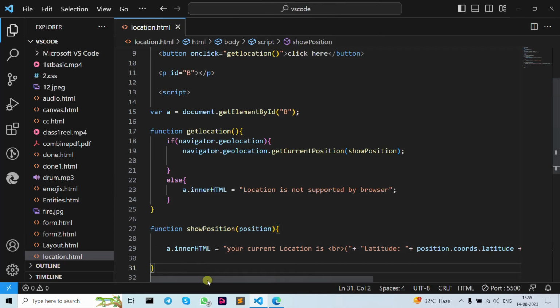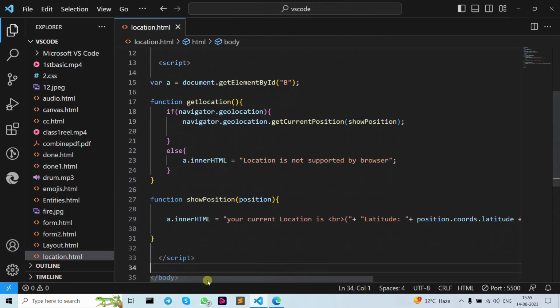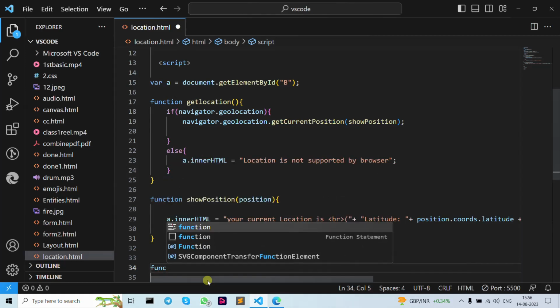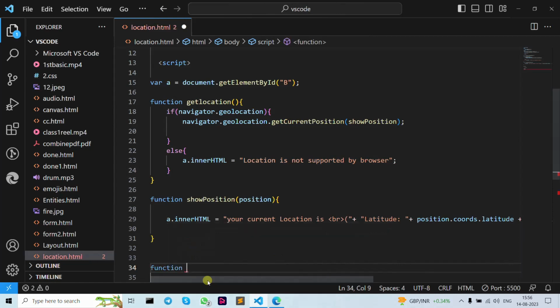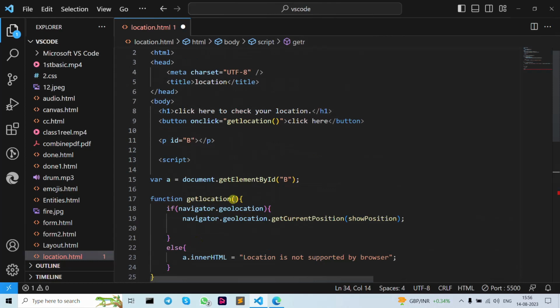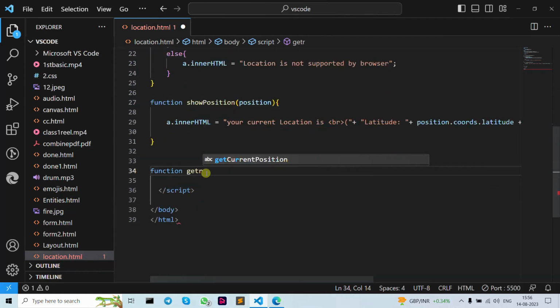Now let's write down here. So let's first name our function get location. As you can see, we already wrote the function getLocation here, so you just need to change it here, our getLocation. Just clear this one and give the function